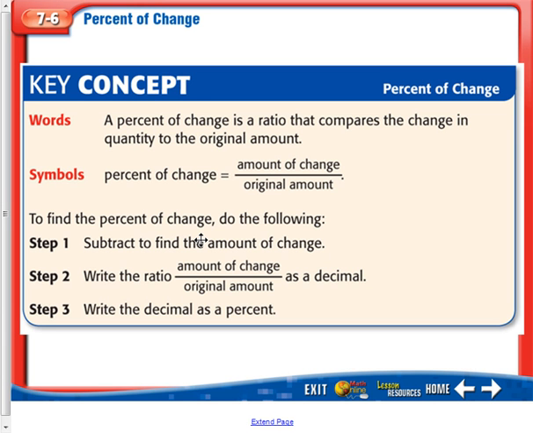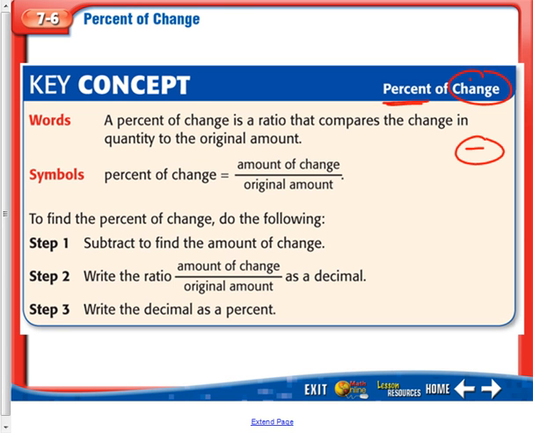In lesson 7-6, we're going to be talking about percent of change. We have a key word here. The key word is the word change. Whenever you think change, we're thinking subtract. How is it changing? It goes from point A to point B, so it changed. We want to know how much did it change by,